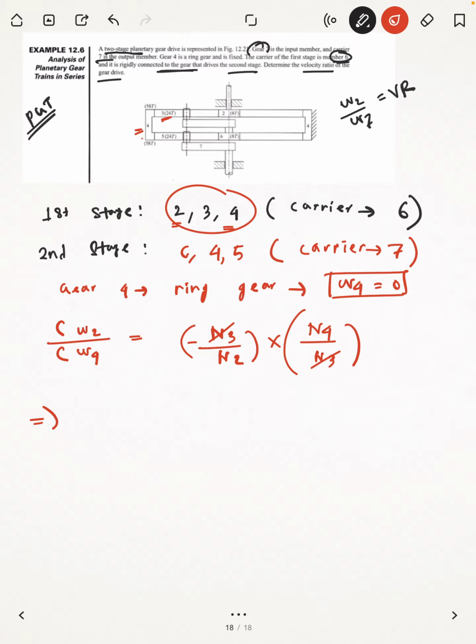So what will be the omega 2? I can write 6 omega 2. Sorry, this should be 6 omega 2 because the carrier is 6. You have to always represent the relative velocities in terms of the carrier. As in the first stage the carrier is 6, we have to represent the relative velocity in terms of 6. So I can write omega 2 minus omega 6 divided by omega 4 minus omega 6 is basically